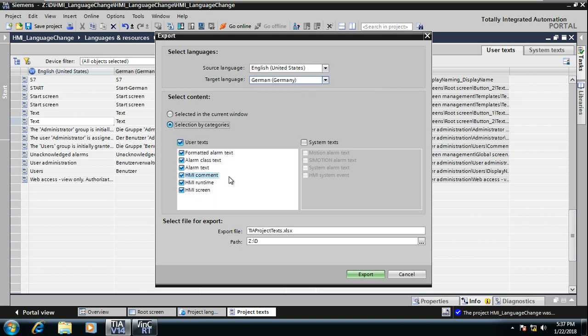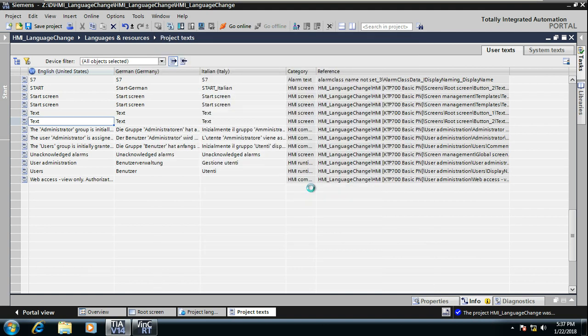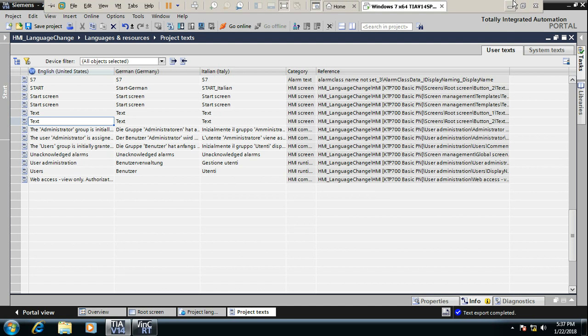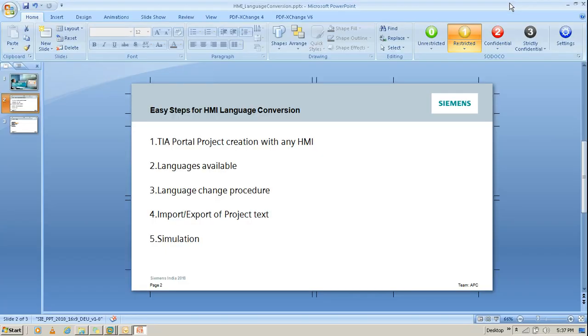I'll select all the text and system text as well. System text is maybe not needed right now. And I'll export it to the location. Yes. As the export has been done successfully, we'll go and check the exported file.